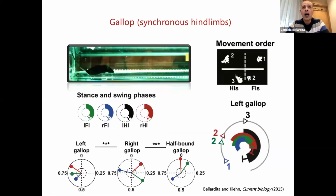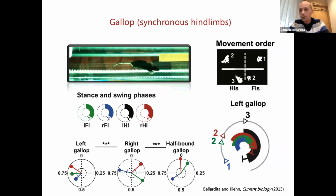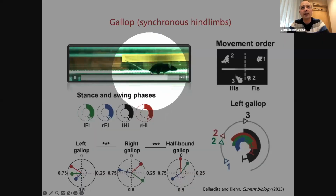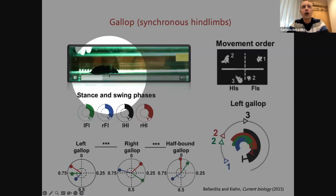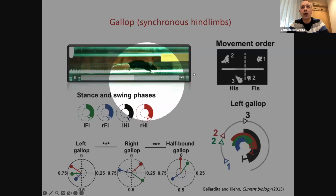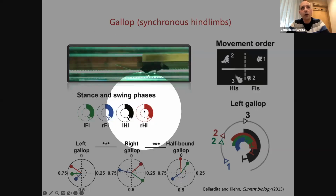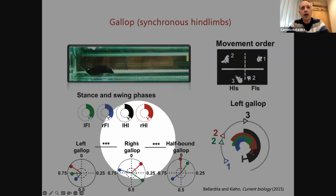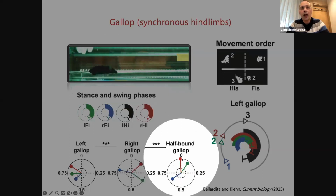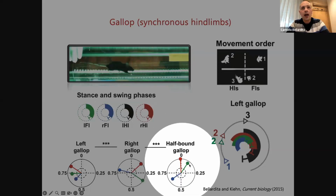And then we move to higher speed gaits, where in this case, mice show a synchronization of at least the hind limb movement. So you can see here that hind limb movements are more synchronized and they start having a simultaneous swing phase. And you can see better here in the video, where the animal has both feet in the air and then sometimes touches the floor together with the hind limb. And also in this case, it's possible because the stance phase became even shorter and we have a long swing phase. In this case, we have the gallop where the two hind limbs are perfectly synchronized and the two forelimbs